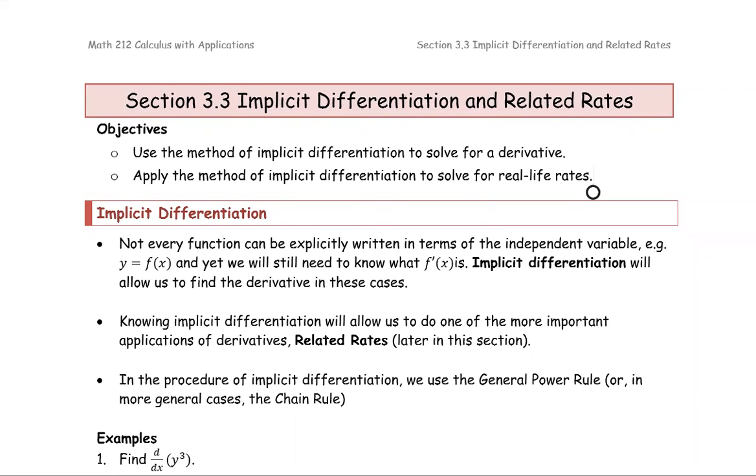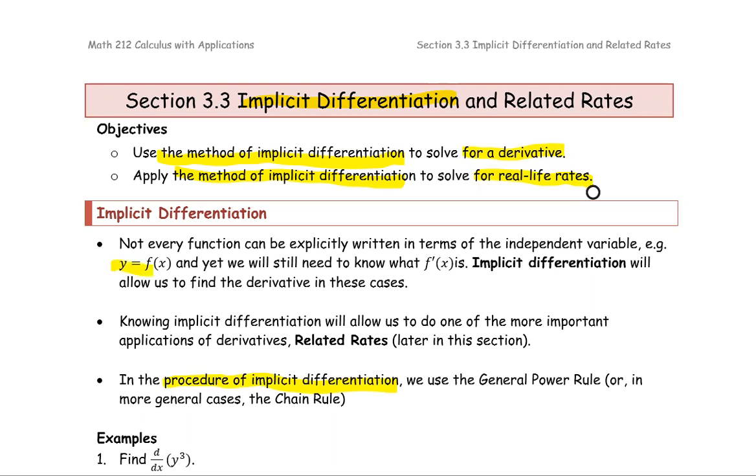Section 3.3 Implicit Differentiation and Related Rates. We have objectives to use the method of implicit differentiation to solve for a derivative and to solve for real-life rates. Implicit differentiation is the process or the method that we use to find the derivative where the